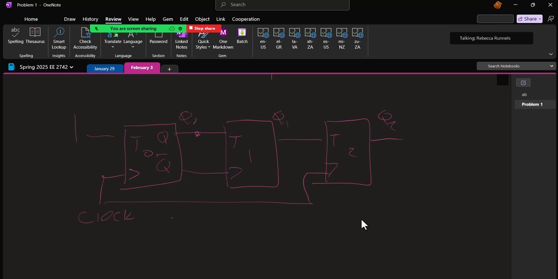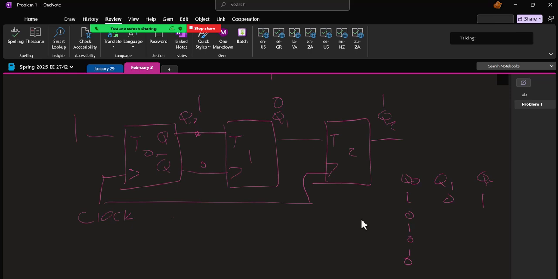Okay, so what's Q0 gonna do? Yeah, so Q0, let's give it a different starting. Let's say we're starting at 1, 0, 1. So I'm starting at 1 in Q0, and 0 in Q1, and 1 in Q2. We know Q0 is going to flip: 1, 0, 1, 0, 1, 0. Okay, so